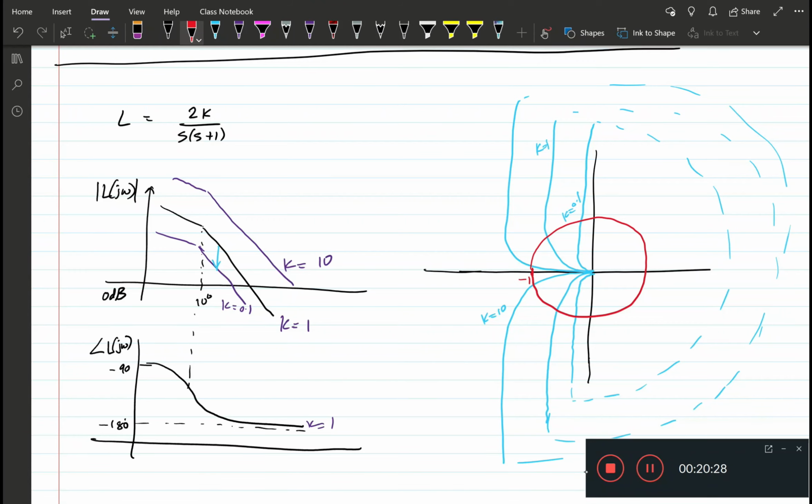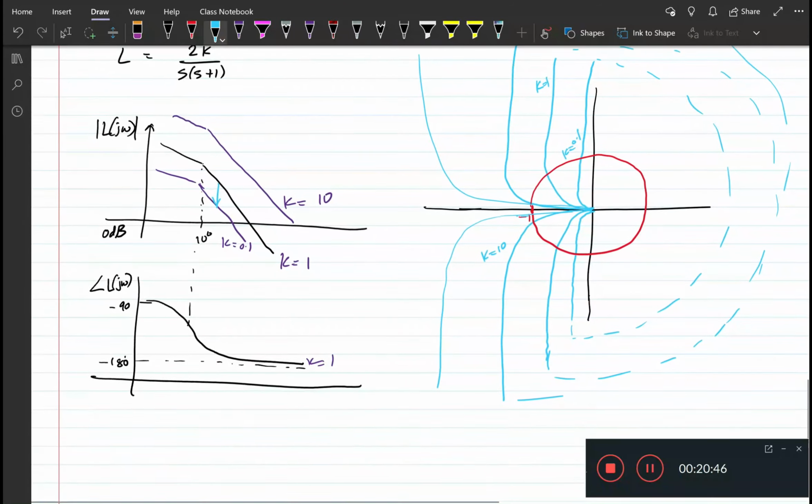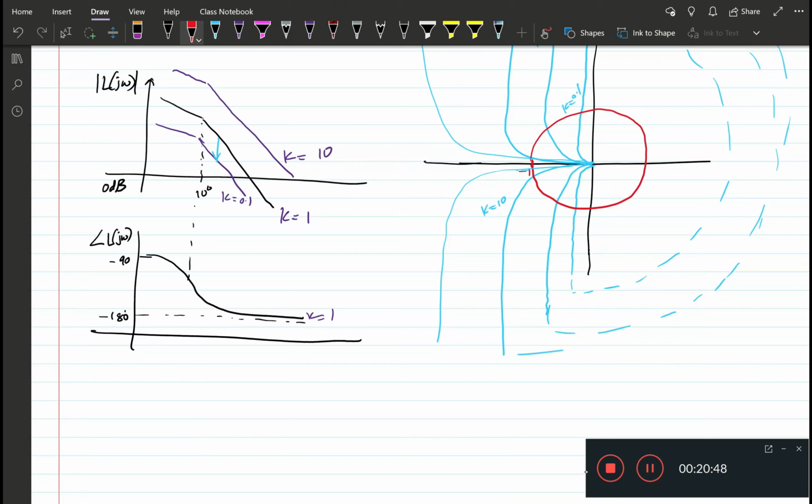What we see is that for arbitrarily large values of k, we would really never encircle the point -1. We would always have something like this, the scaled version of this. So we would never really lose stability. What we see from the Nyquist plot is that for k however large,